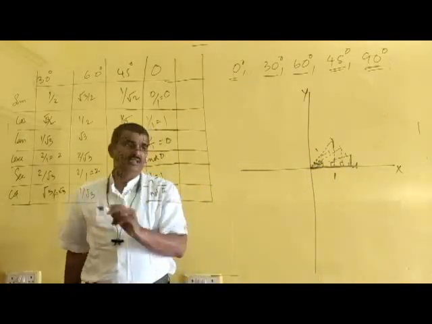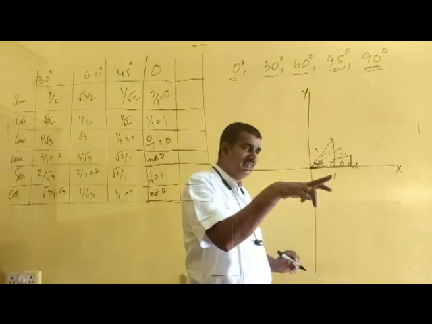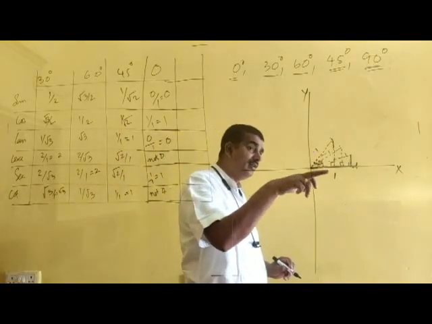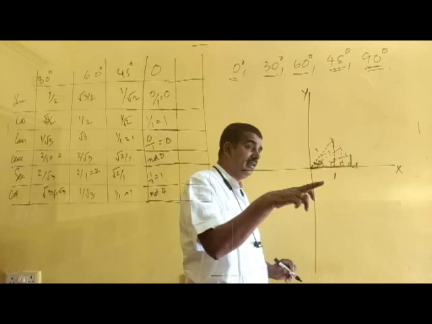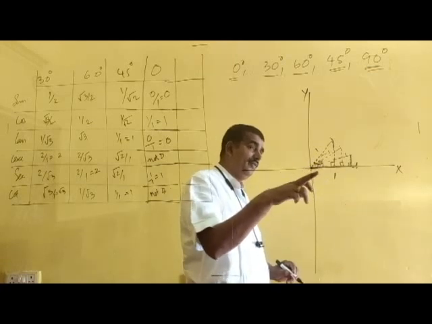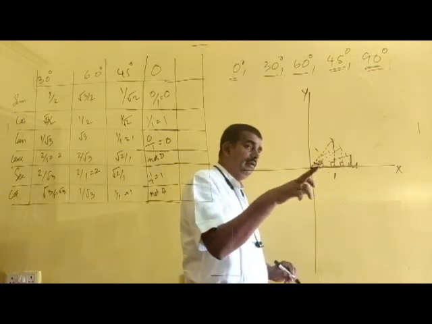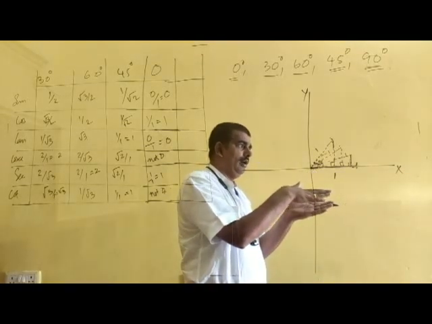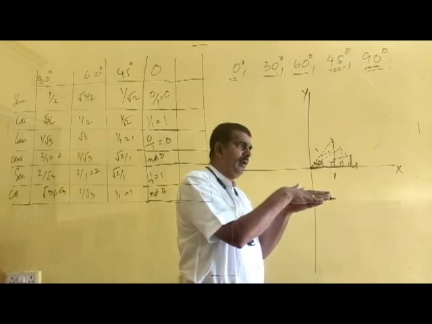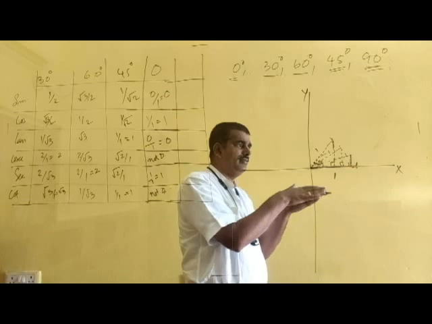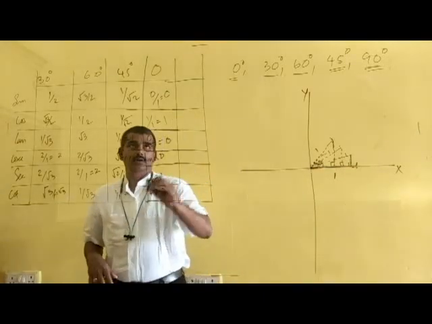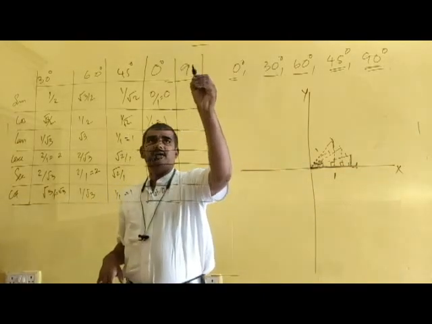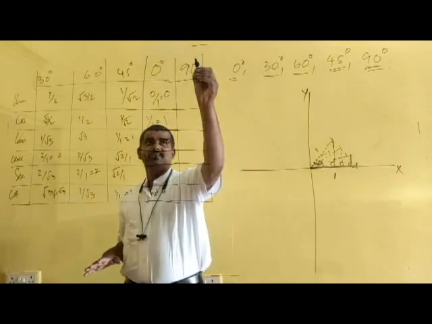And next, cos theta is the adjacent side, which will increase if theta is decreasing. That is why, at the end, if theta is 0, the opposite side and hypotenuse and adjacent side will coincide together. Both lengths will be the same. So it is alright. Now the angle of 90 degree, just its opposite.